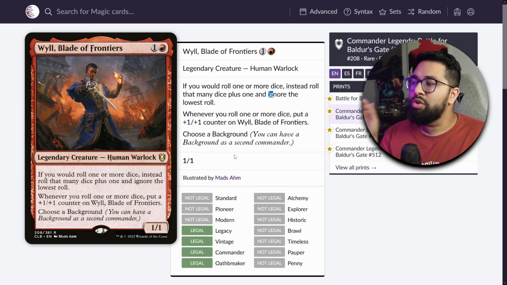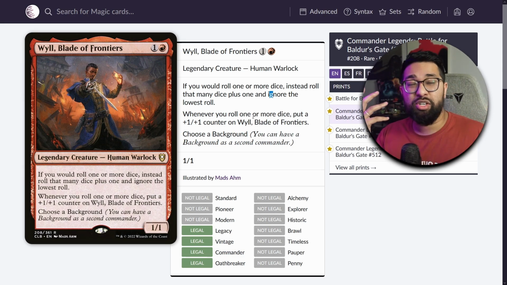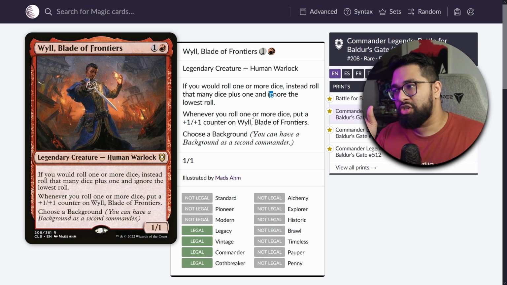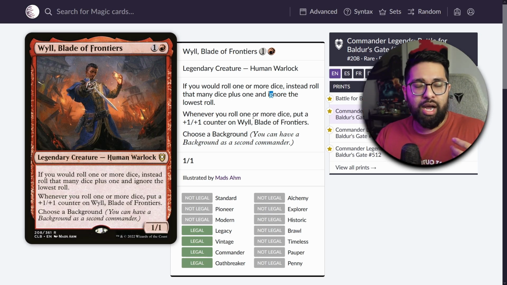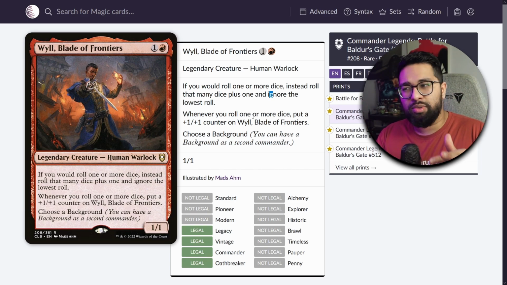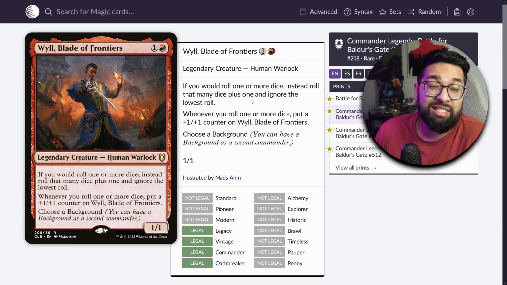You need to stop that 3 roll because you got a 16 roll, and you'd rather keep the 16 in that case. When you roll 1 or more dice, put a 1/1 counter on Will, Blade of Frontiers. So if you wanted to build this creature up, remember that you want to roll separate instances of dice, not just have an ability that rolls 4 or 5 d6s. So Mr. House's ability doesn't really completely synergize with this. You only get one 1/1 counter,